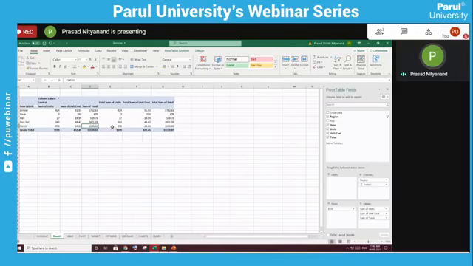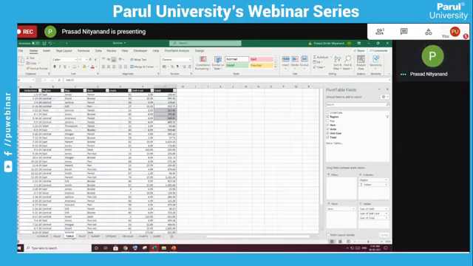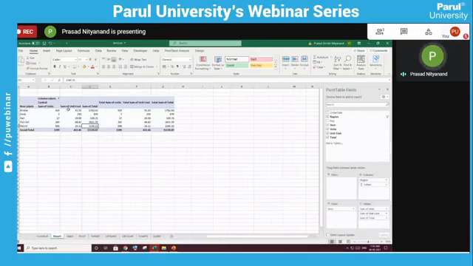So this is how you can create a pivot and do analysis on your data. All these sums would be too difficult in the table, so pivot generation is very important.